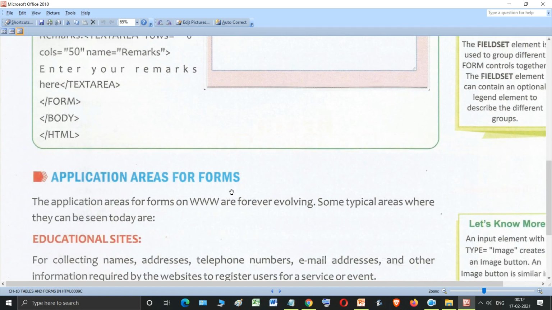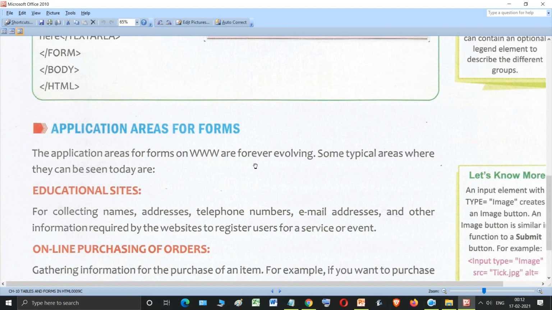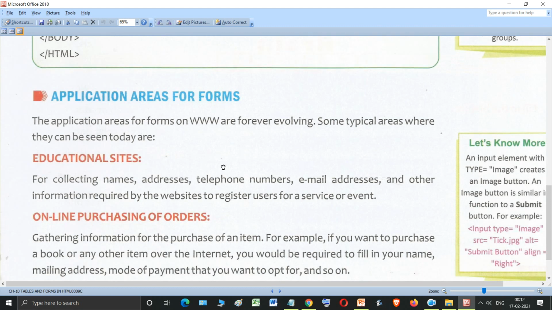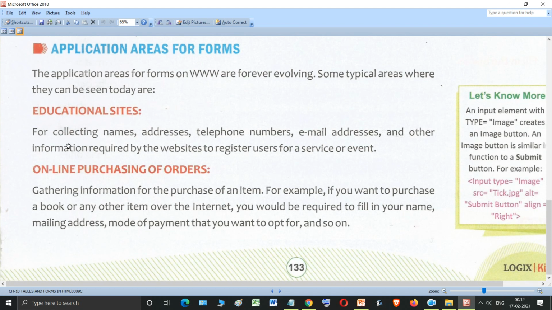Now let us quickly discuss the application areas of forms. Okay. So where are forms used? Online forms, as you know, which are there on the websites, are used for various purposes. For example, in educational websites, if you want to take admission in a school, many schools nowadays give you online forms.